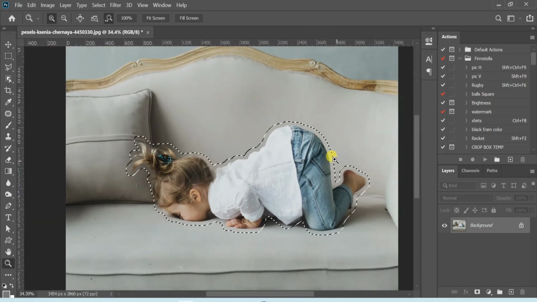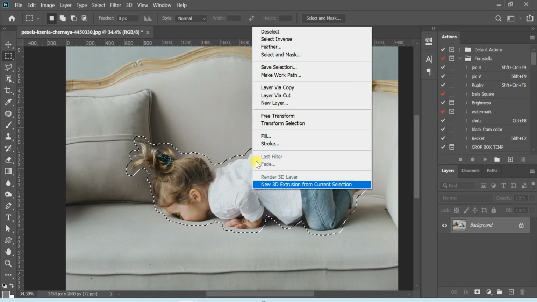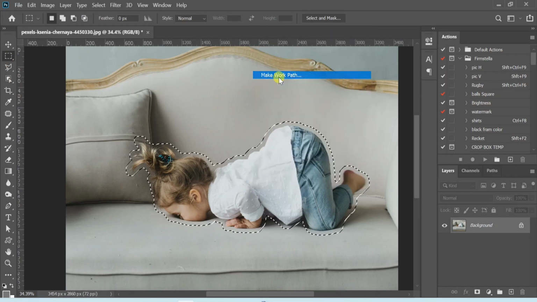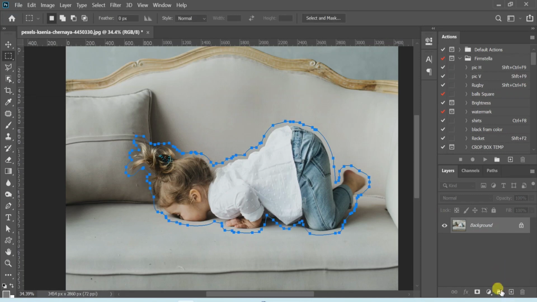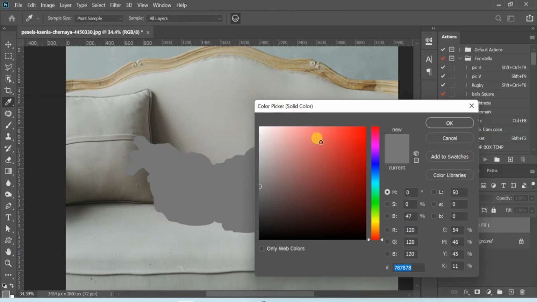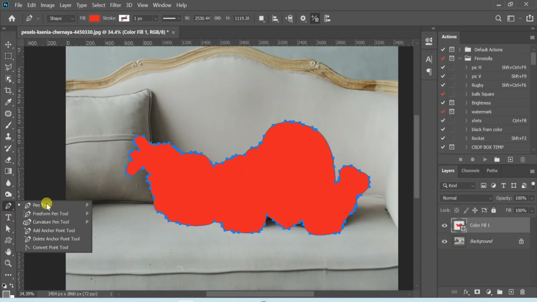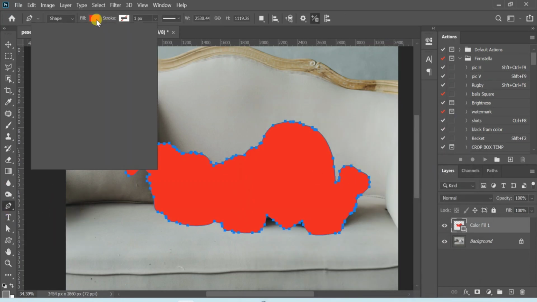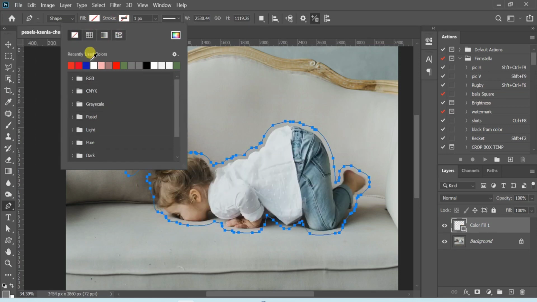Now, the next step is to select the M tool or any selection tool. I am going to select M. And now right click it and select Make Work Path. Set as default and hit OK. Now, from this menu, select Solid Color and set any color and hit OK. Now we have a shape, so we just need to set no fill for the fill, and